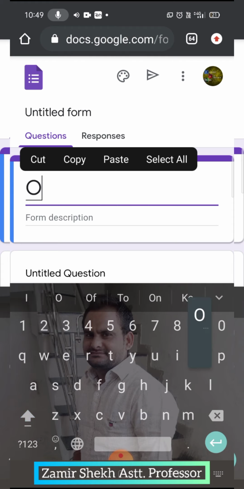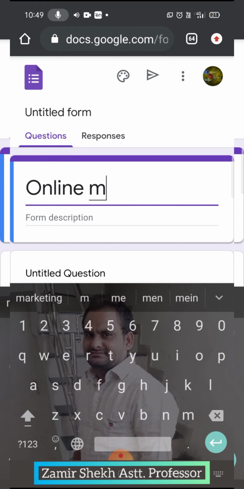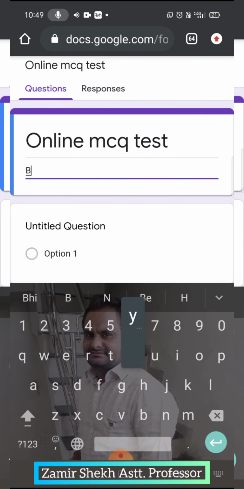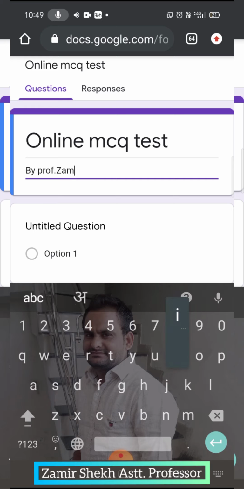First give the title, for example, online MCQ test on a topic. In the description you can also describe the test, such as how many questions and how many marks. Or you can also write the name of the in-charge or the name of the college, whatever it may be.